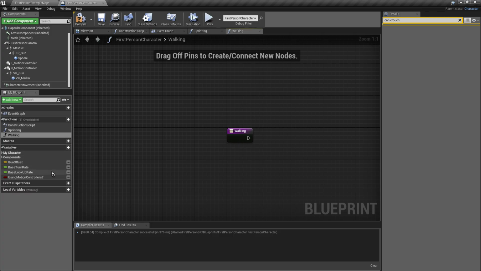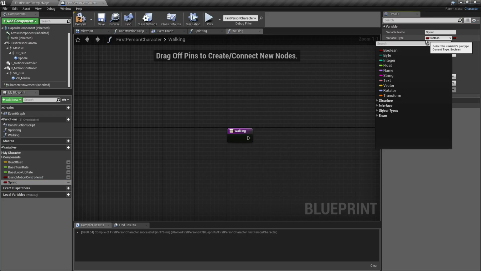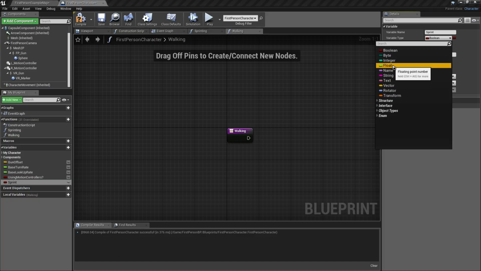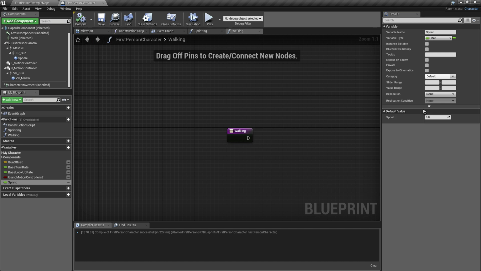After that, let's add two new variables that we're going to use in these two functions. Let's name the new variable sprint. Just select our new variable and change this variable type in the details panel. Let's change it into float. So let's save and compile it first.